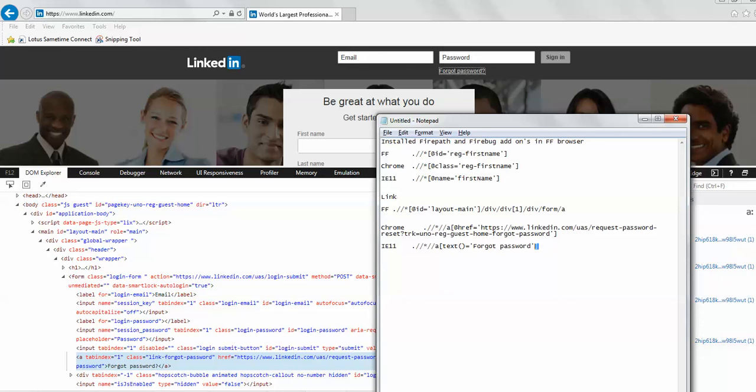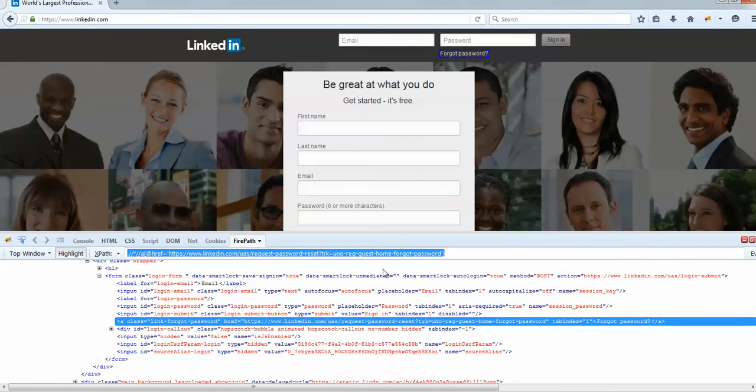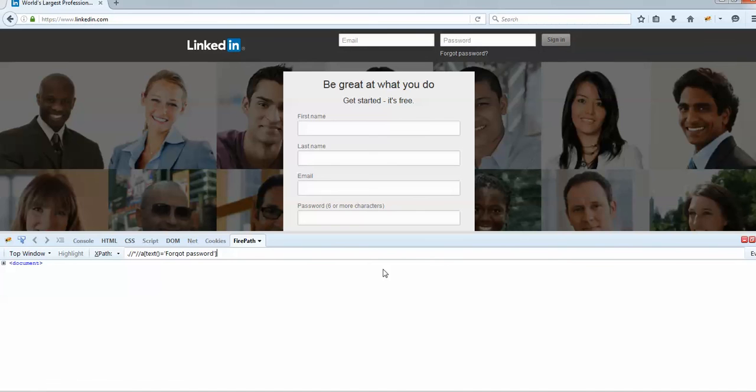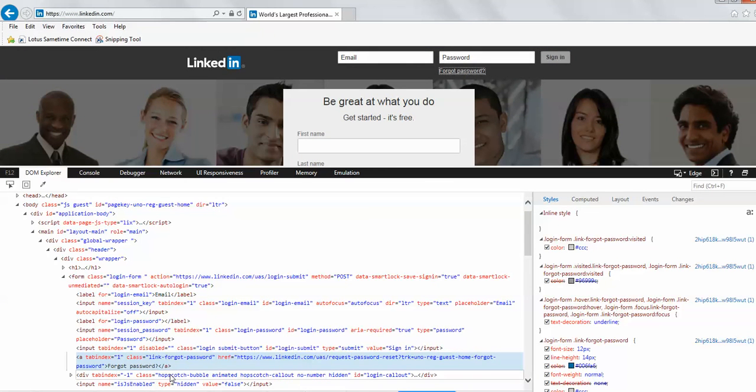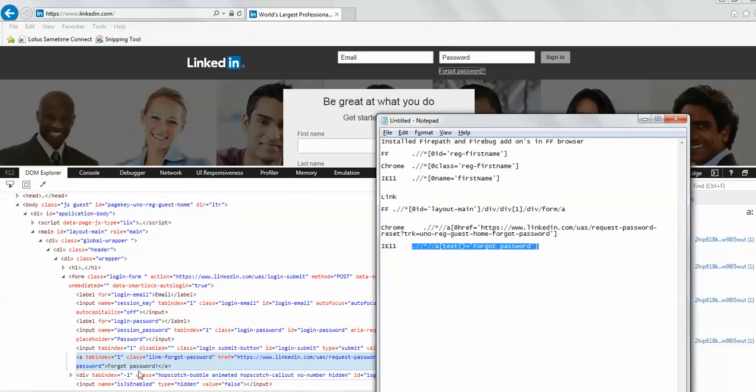Okay, now let us put the same thing whatever we got in our Firefox and check whether this is valid or not. No, I didn't get anything highlighted here. It did not highlight forgot password. Why, did I do anything wrong? Let me check the code. So the text here, yes, I got it. So the text here has, if you look at the UI, right, forgot password question mark. I missed the question mark here, so it's thinking forgot password is something else.